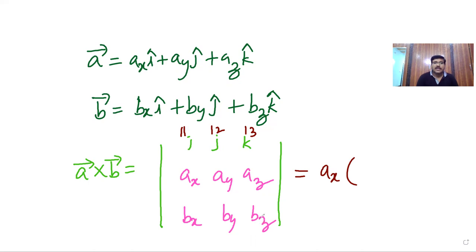This is AD minus BC. So AY BZ minus BY AZ, like this, into I bar. It is a vector, so I bar plus